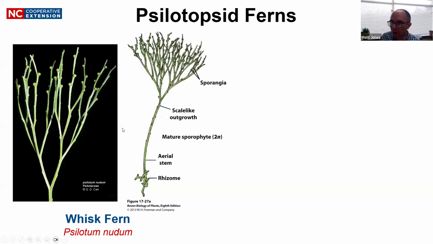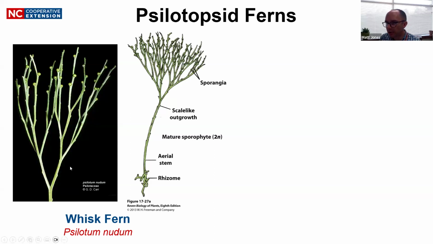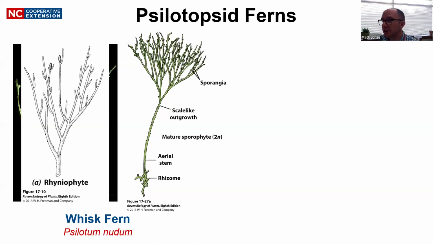Means that they look very similar to a fossil plant that is thought to be one of the earliest records of land plants from the Devonian, I think, called Rhinophytes. And so it was thought for a long time that the whisk ferns were an ancient remnant lineage of early vascular plants. But this is one of those discoveries we made with genetic analysis. The appearance is just a result of parallel evolution or coincidence or something, if you want to think of it that way. That's not what it is, but